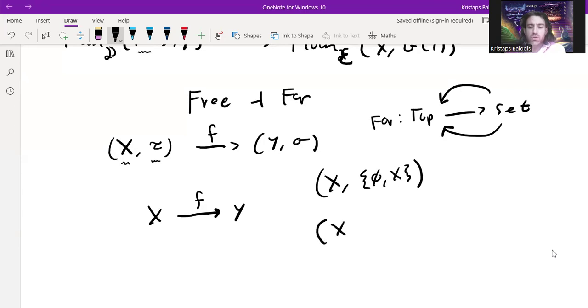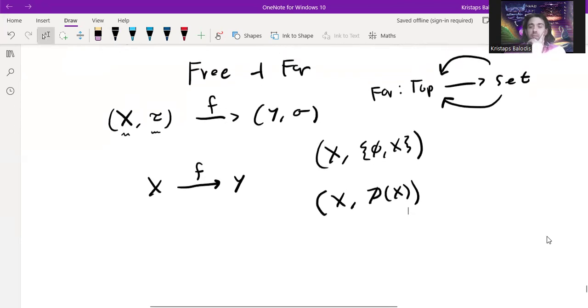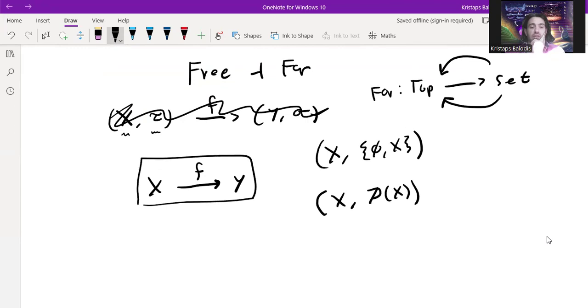Or you could take the indiscrete topology in which you make every subset of X open. And in particular, I claim that this is indeed functorial. So now if we just had some function of sets, any function of sets, I claim that if you do this with respect to both topologies,